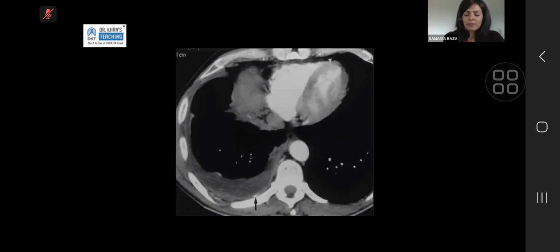A fleck of calcification, people automatically get reassured. What that means is chronicity, but that can also happen in asbestosis. So people who have exposure to asbestos have pleural calcification. They can have pleural thickening alone. They can have calcified pleural plaques. They can have non-calcified pleural plaques. They can have a combination. When they have bulky calcified pleural plaques bilaterally, it becomes a very easy diagnosis. But when you have somebody like this who has just a fleck of calcification,